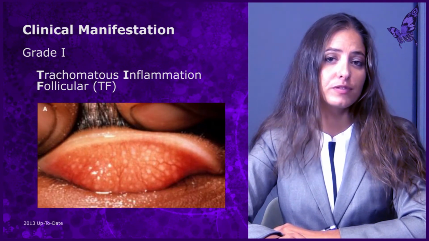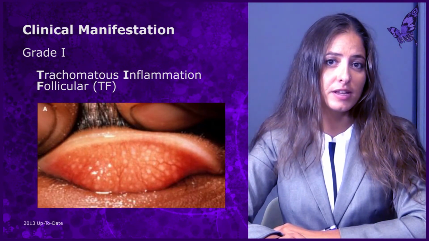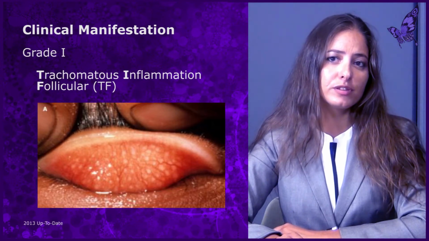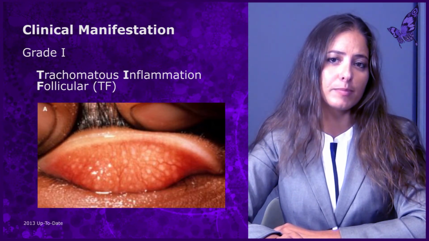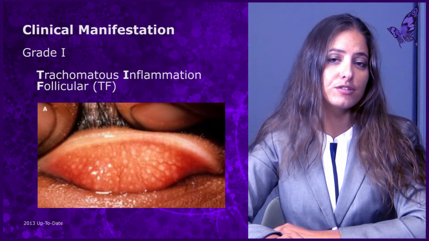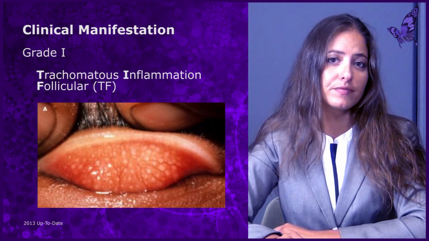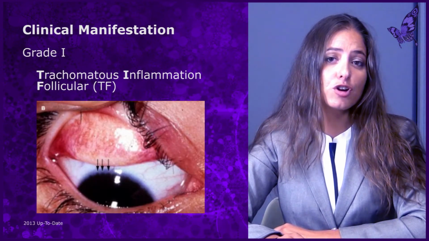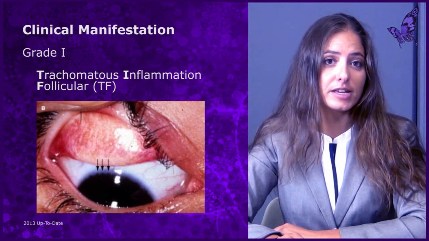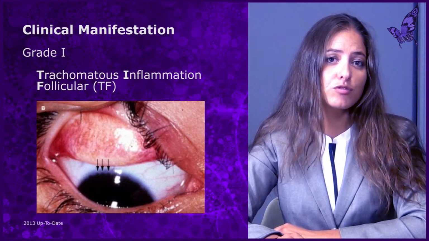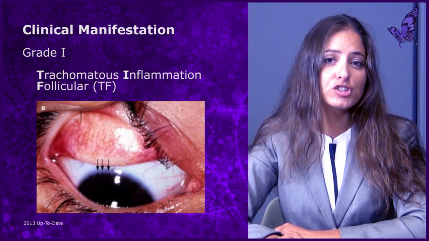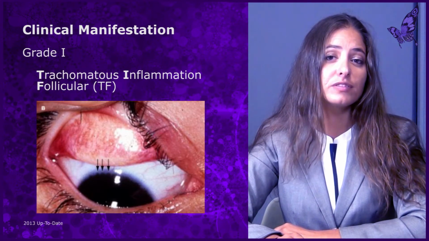Grade 1 trachoma follicular inflammation, or TF, is shown here. This image shows a patient with trachomatous follicular conjunctivitis characterized by greater than or equal to 5 inflamed follicles located on the superior tarsal conjunctiva. This image is an example of Herbert's pits, a pathognomonic finding for trachoma during the acute phase. Herbert's pits are grossly visible, shallow impressions on the cornea due to pressure exerted on the cornea by the inflamed